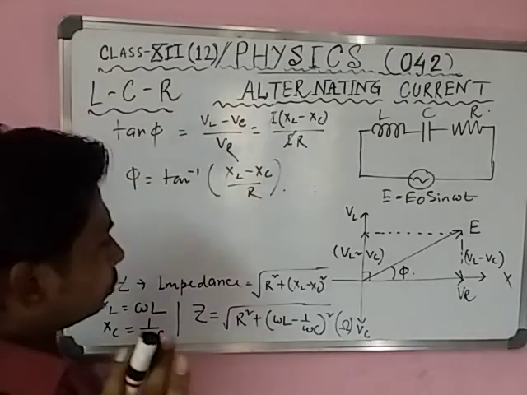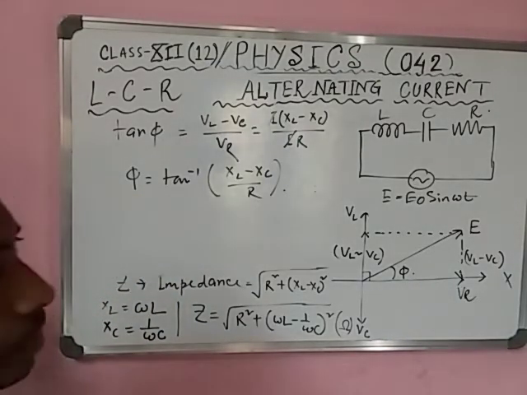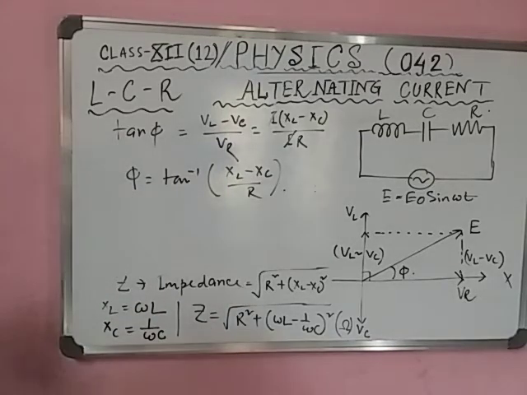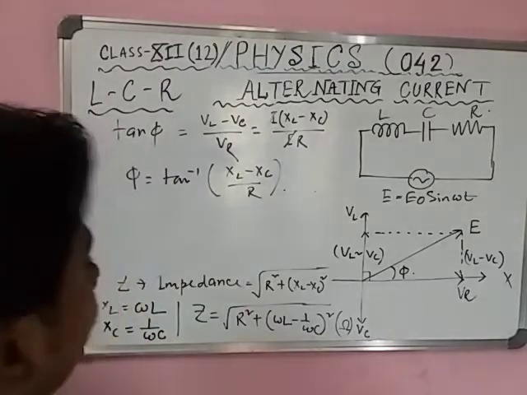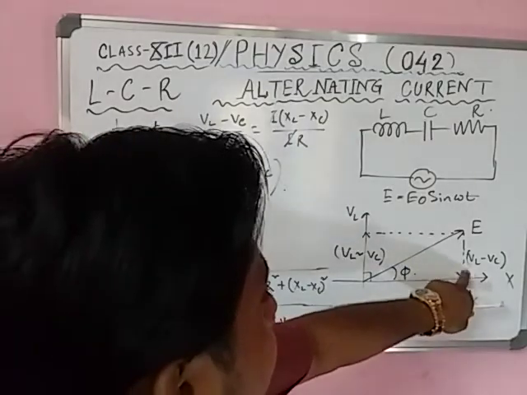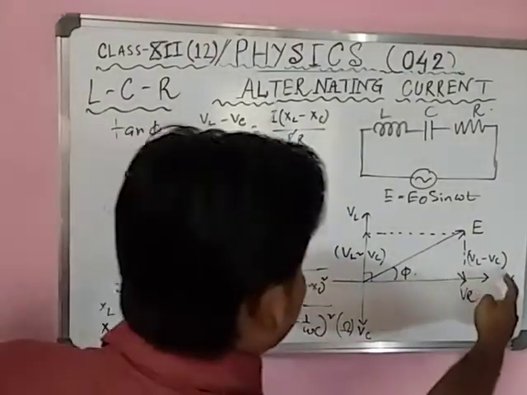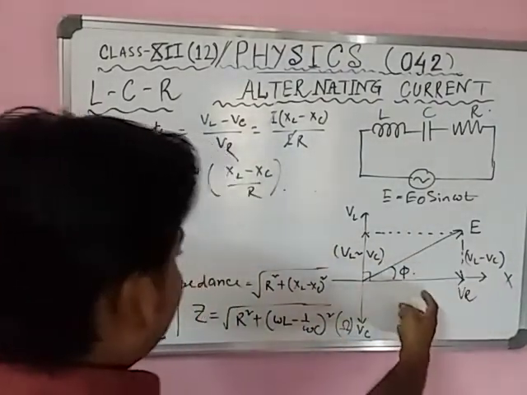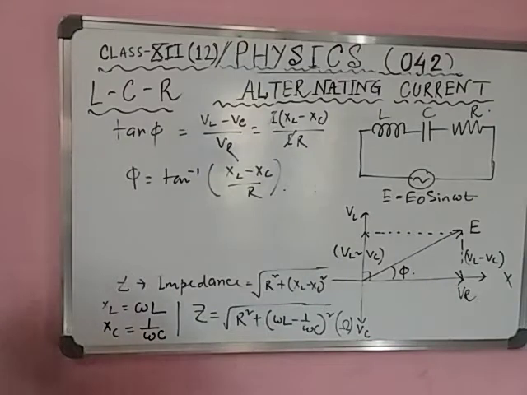So now you just copy this in your notebook. Okay. Next, phi means phase, and Z is called impedance. Now pause the video and write it down. Done. Okay. Now we can also draw the impedance triangle. Z, XL minus XC, here R. Then the impedance triangle will be XL minus XC, here R.